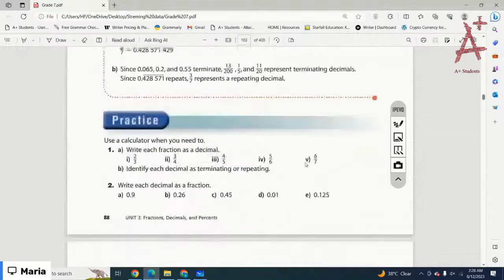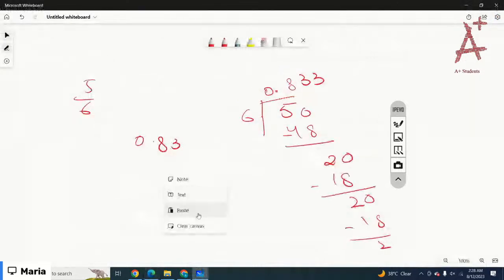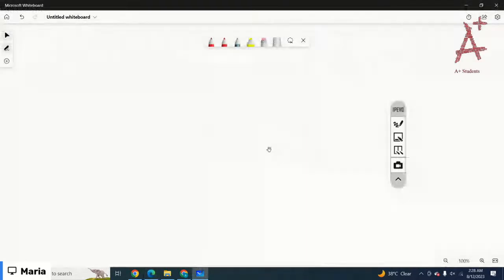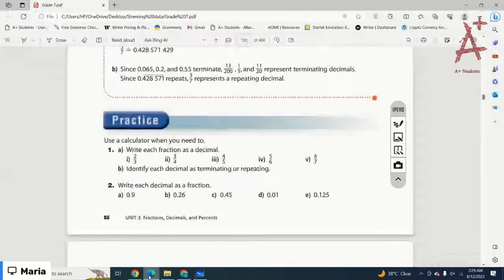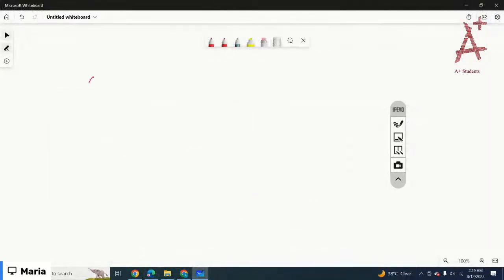Okay, let's just start with question number 2. Write each decimal as a fraction. Okay, now you are given the answers in decimals. You have to write them down in fractional form. Okay, 0.9 you have to write as a fraction. So writing in fractional form is very easy. What you have to do, you simply have to